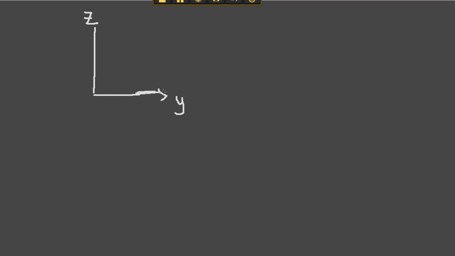If you can imagine this, I'm going to go out of the board. So I'm going to try to come out in this direction. It's kind of like coming out. It's kind of hard to visualize it. But this is our x-axis. And if you can visualize this,